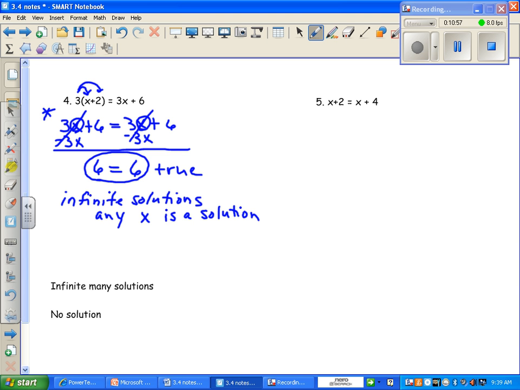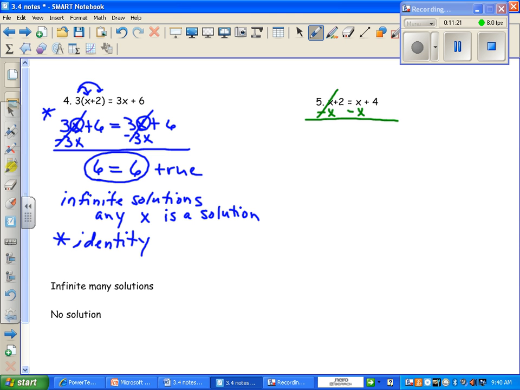We say that this is an identity. We call that equation an identity whenever you have an infinite number of solutions. It's equal to itself. Alright, in example 5, you have an x on each side, and if I subtract that x,